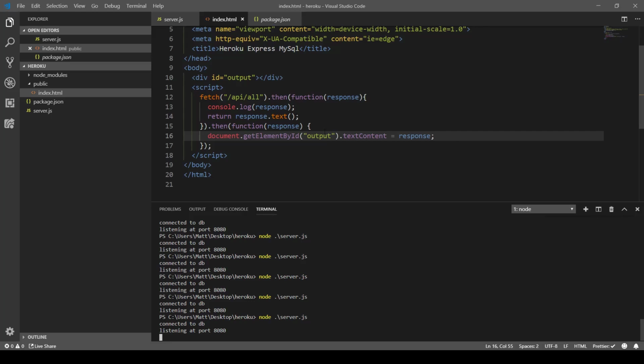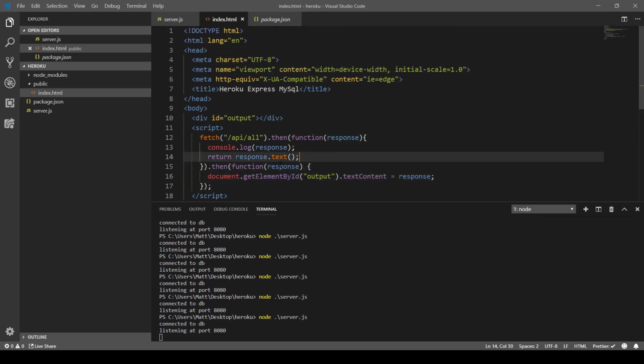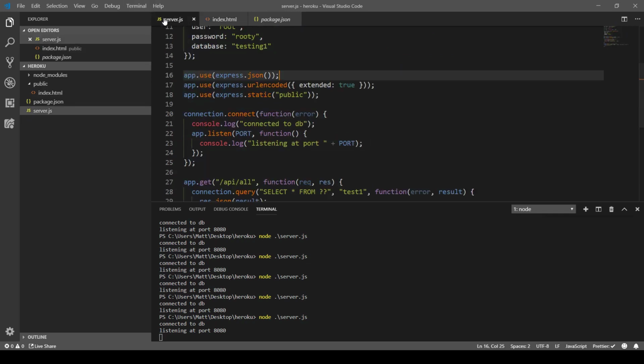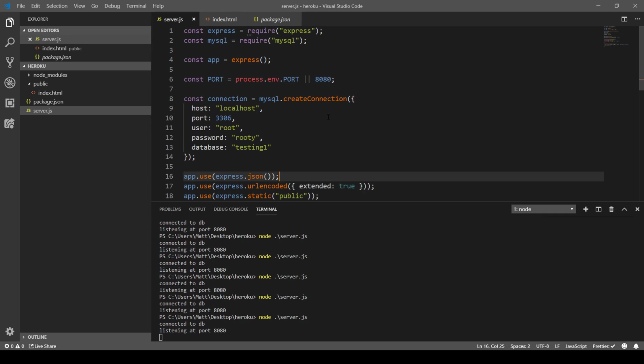Okay. So now what we need is, so that seems to be working. It's getting stuff from the database. But again, this won't work on Heroku. So what we want to do is first let's deploy. Yeah, I'm not going to try to deploy this to Heroku because it won't work. But